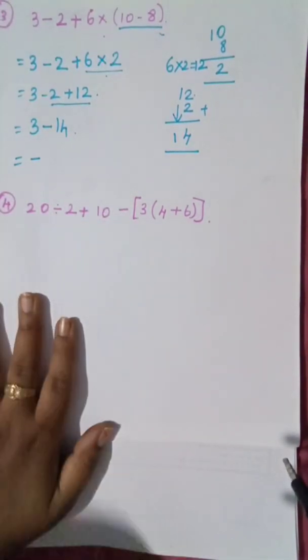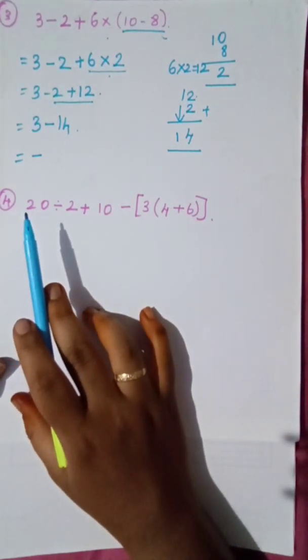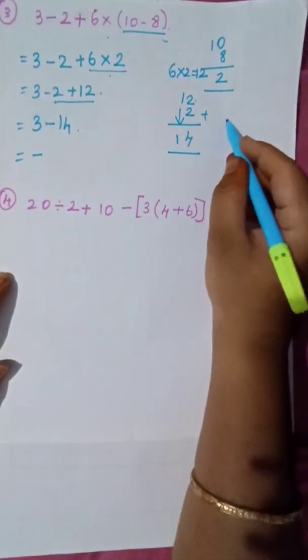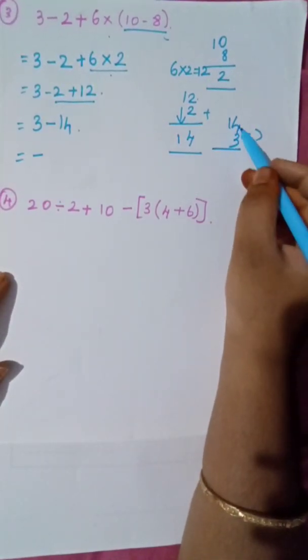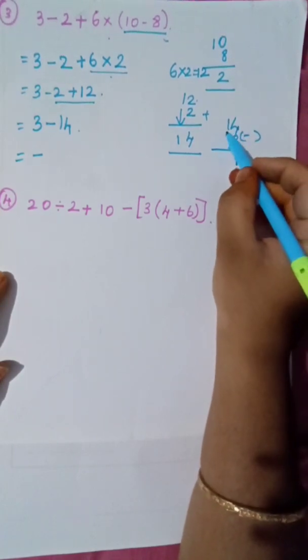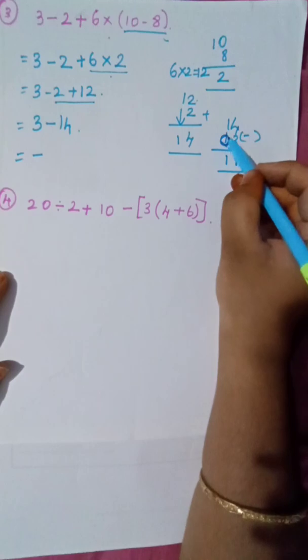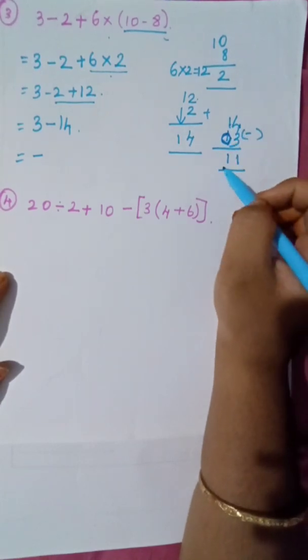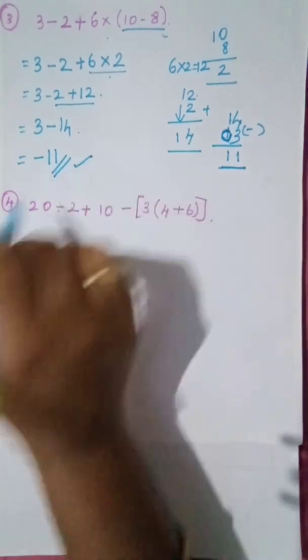Then what we have to do? Now here we have written subtraction, the negative symbol, and then we have to subtract 14 minus 3. So here we are going to subtract, right? So 4 minus 3 is what? 1. Then the remaining 1 should come as it is. So we can consider here as 0. So 1 minus 0 is 1. So our answer will be 11. That is minus 11. Okay, can you understand?